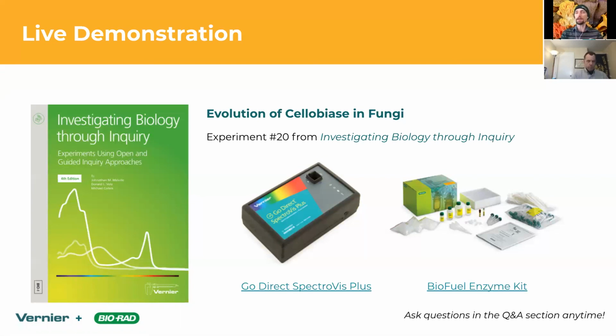Today, though, we're just going to look at what traditionally was activity 6 in the first version of this kit, and is actually the hallmark of this kit that we call the Biofuel Enzyme Kit, which is the bioprospecting portion of it. So go ahead and go to the next slide, John.